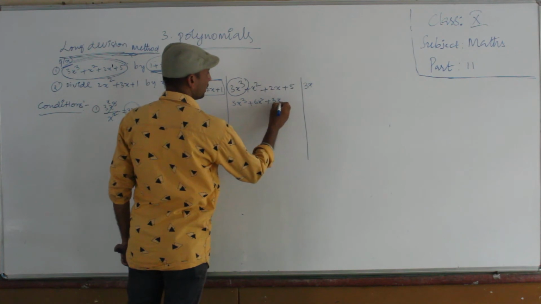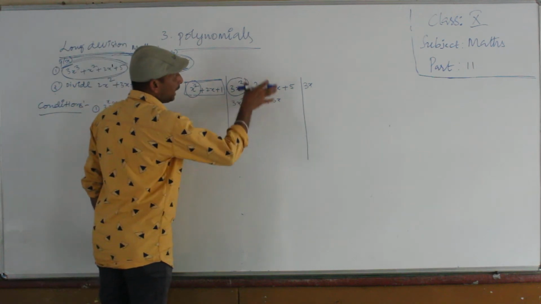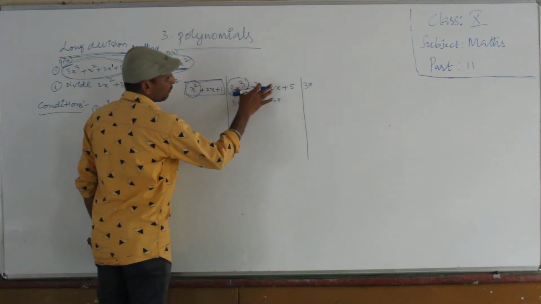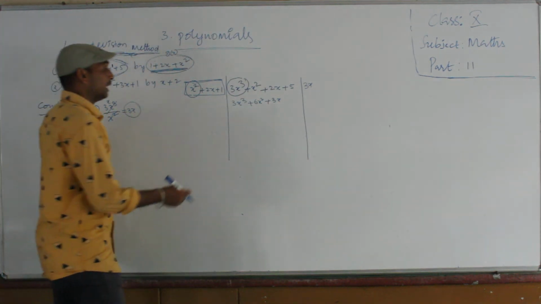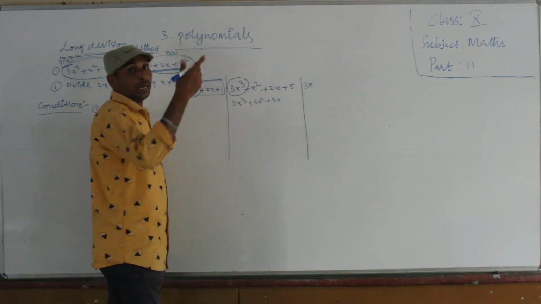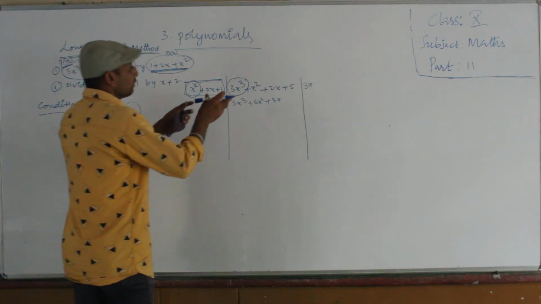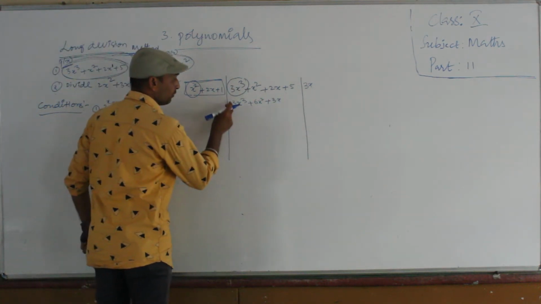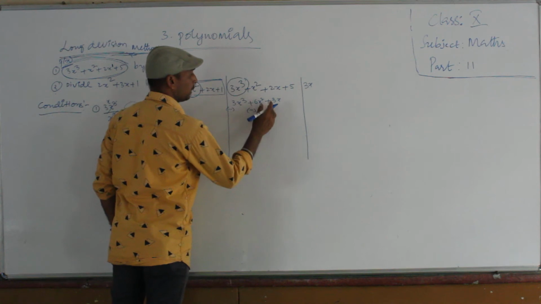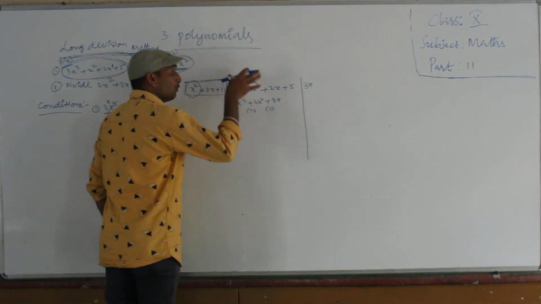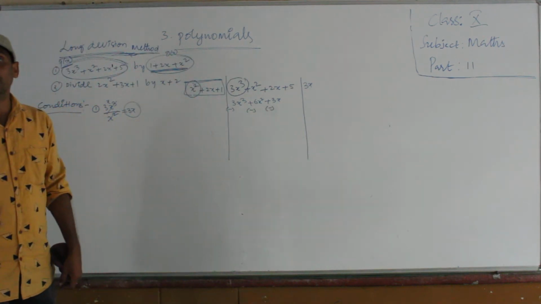Then after this step, as we studied in previous classes, we have to subtract this step from the dividend. It is the same here. When we subtract numbers we can directly subtract, but here we get polynomials, so first the symbols will be changed. Here plus becomes minus, here plus becomes minus, here plus becomes minus. Now when we subtract, you should consider this changed symbol, not the symbol before.